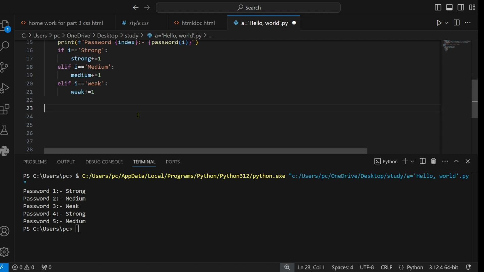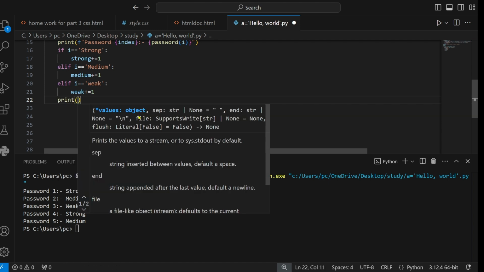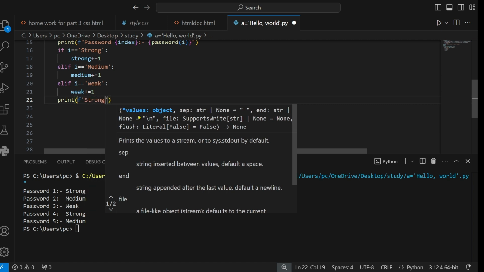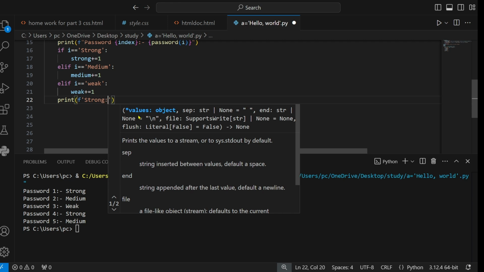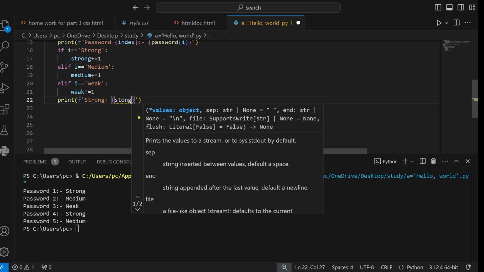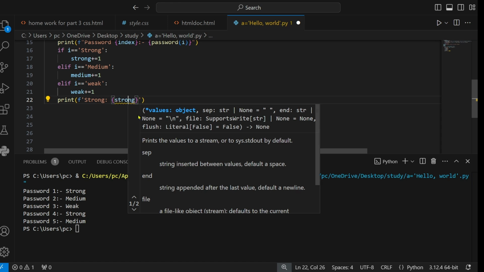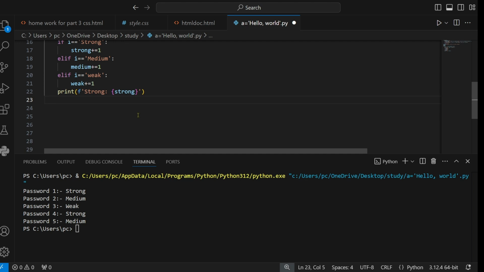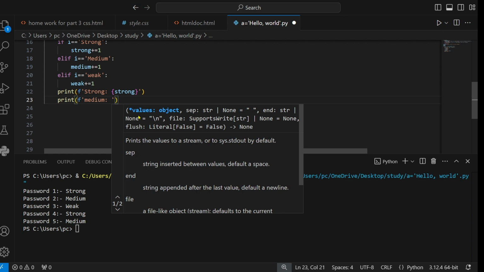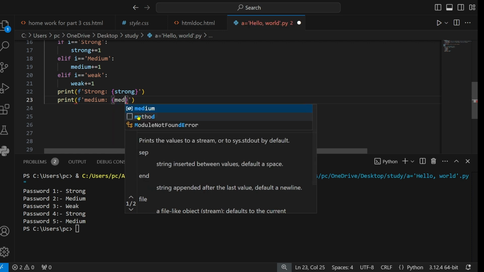I'm a little bit confused whether I should be in the loop or not, but okay, say if strong is equal to strong, and print f medium equal to medium,